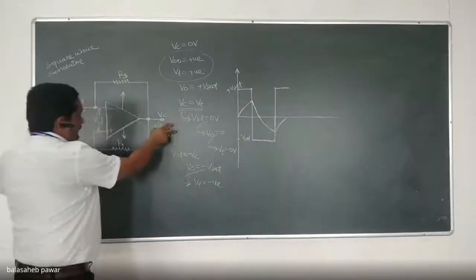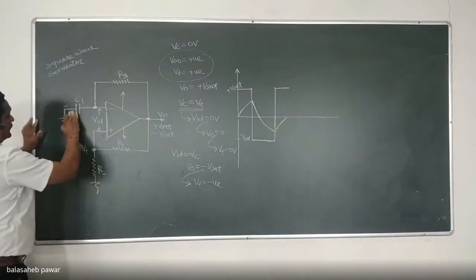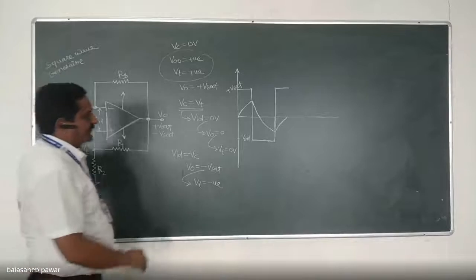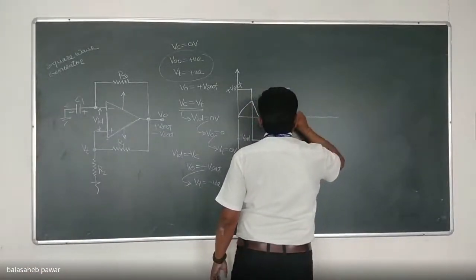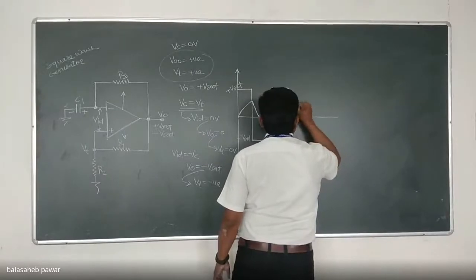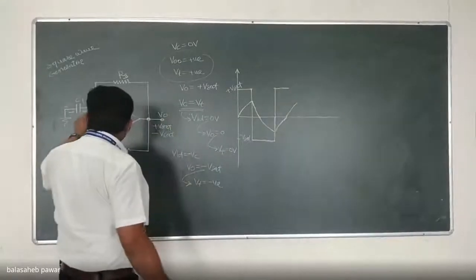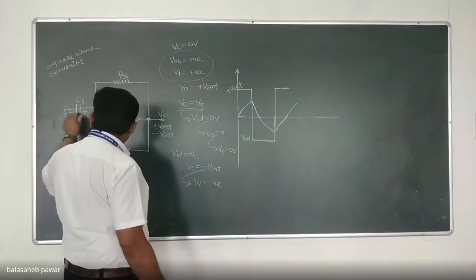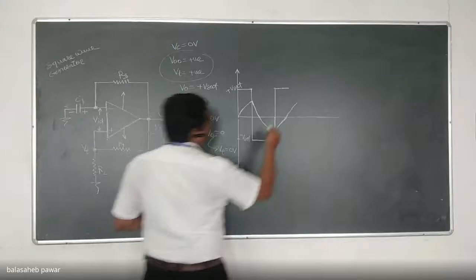Now, as output is plus Vsat, again this capacitor will start to charge just like in the first cycle, that is, positive over here and negative towards the ground. So this capacitor will again start to charge somewhat like this. And when the voltage across that capacitor reaches VT, both will be positive now, but when that VC1 equals VT, VID will become 0.